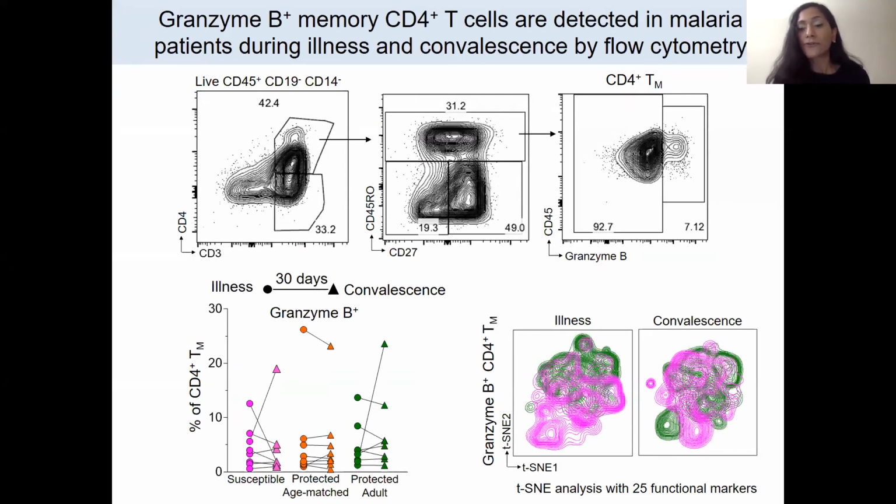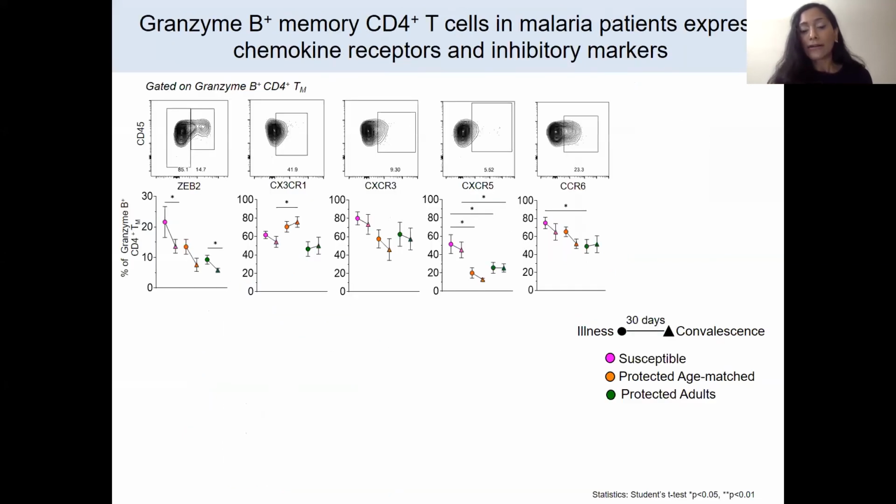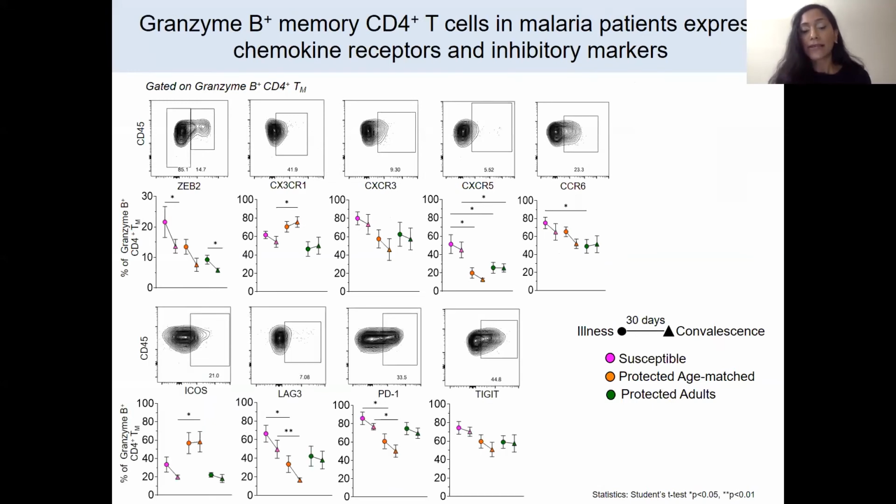And we were able to confirm this by flow cytometry. On the next slide, what we found among these cells was that they express chemokine receptors. And in the next animation, that they also express inhibitory markers. And what I want you to take away from this slide is that when we compare the 3